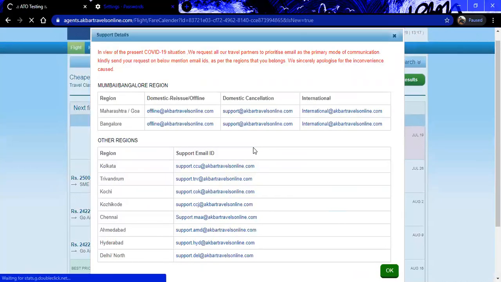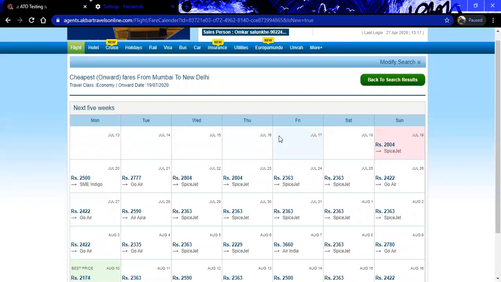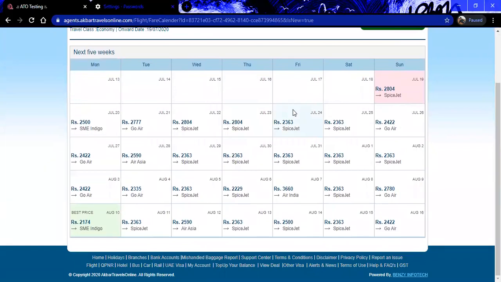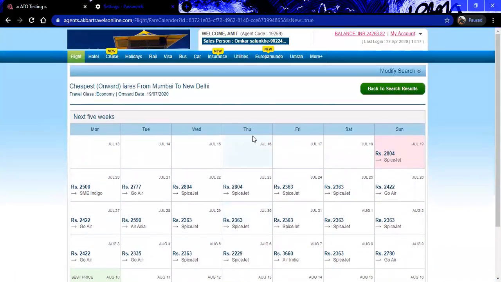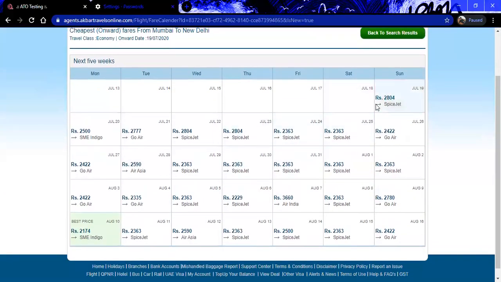Travel calendar is different. This is a fare calendar which shows you the search results. The search results means it will show the results for the next five days, for a week. Whichever fare is lowest for that particular day will be shown in front of you. Okay, and this is how the fare calendar works. As of now, you will be able to identify the lowest fare is for 19th of June, which is upcoming